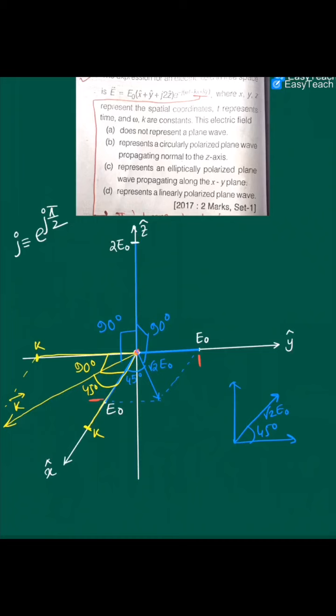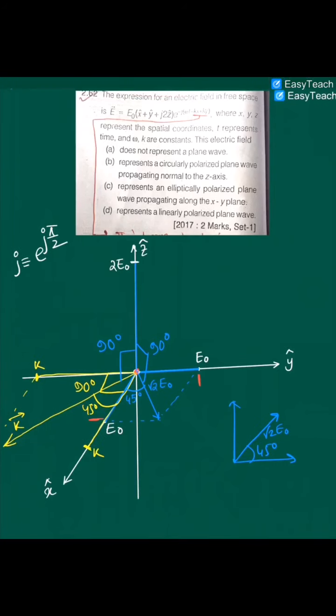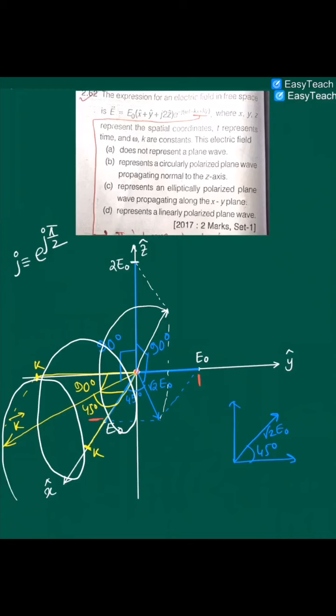Okay, so amplitudes are different and phase difference is 90 degree, so it must be an elliptically polarized wave. Okay, if you want to see a little bit more, you can draw the resultant vector of these two components, that is this vector, and this is the resultant electric field, the ultimate electric field, which is elliptically rotating. Okay, this is how it is propagating. Okay, so this is how you can visualize this particular field, and